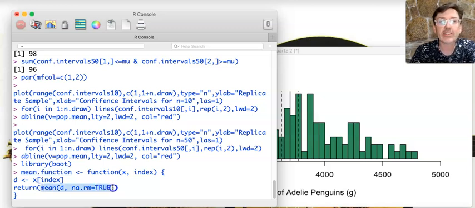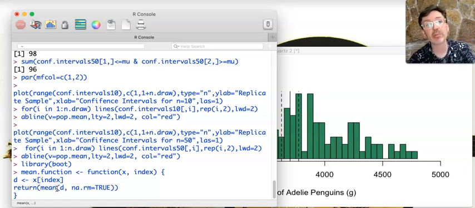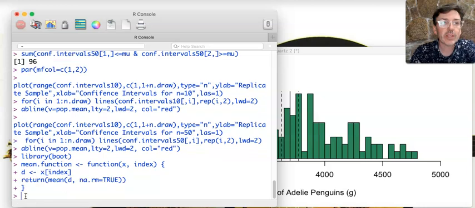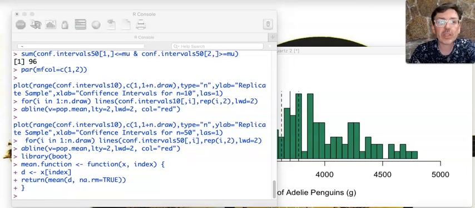It's going to calculate the mean of a particular group of data, but I just wanted to make sure that the default na.rm equals TRUE is in there, so we don't get messed up by that one NA value that might get picked up several times. So with that in place, I'm all set to start bootstrapping my data, sampling from my data frame and